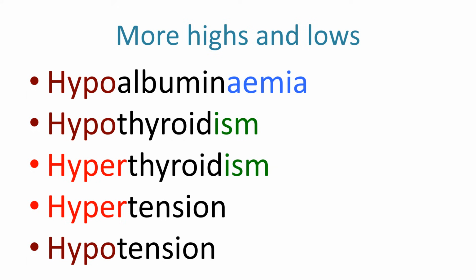Now here we see tension used twice as a suffix on the end of a word. And tension means pressure. So hypertension literally means high pressure. Now we would actually need to specify where the high pressure is. So for example, someone might have pulmonary arterial hypertension, which would be high pressures in the pulmonary artery. But if we use the term hypertension in an unqualified sense, it usually means increased blood pressure in the systemic